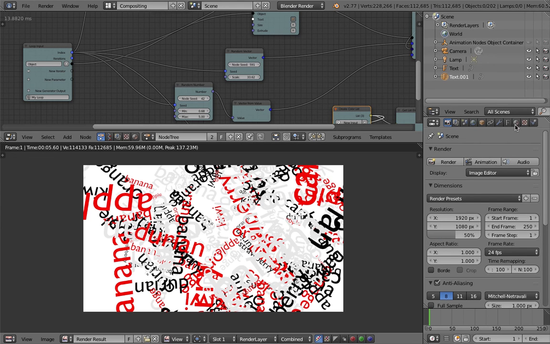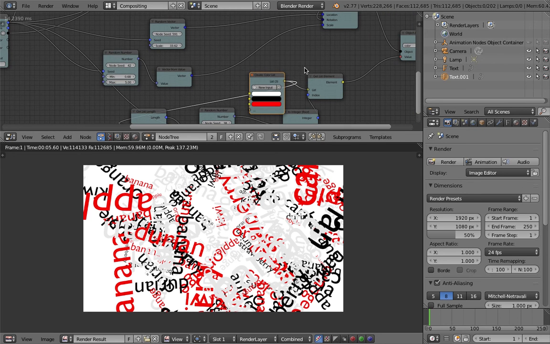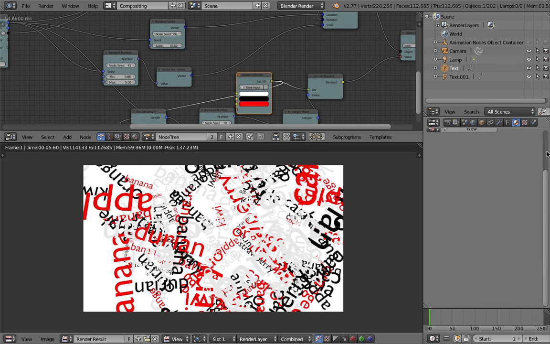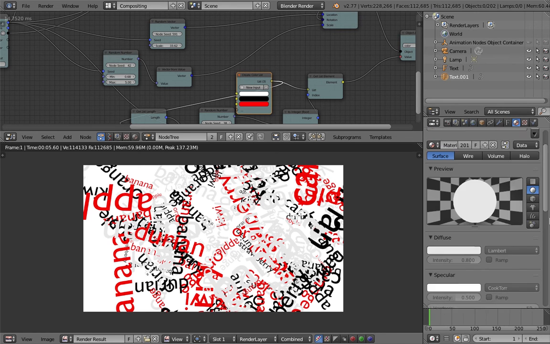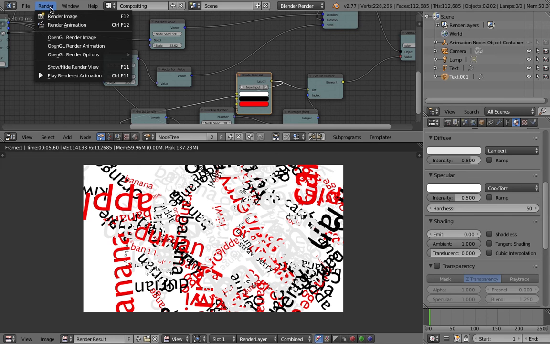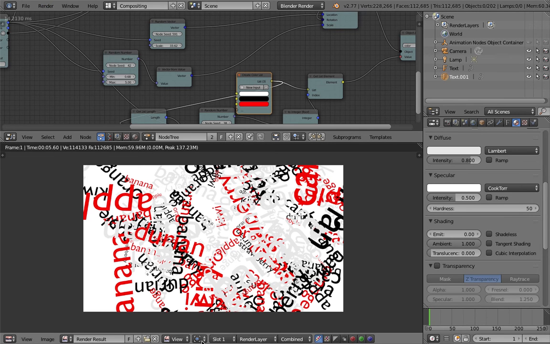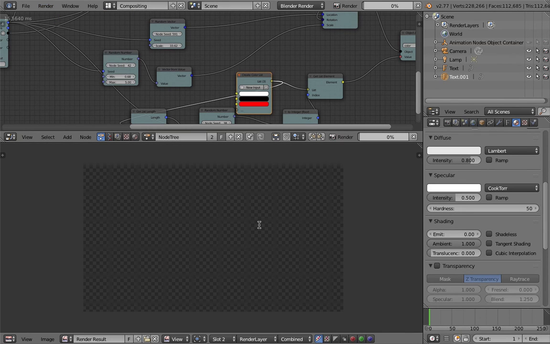But I'm more interested in this: if you're not a 3D artist and this is the first time you use Blender and animation nodes to create something like this, be aware of the material. Here's the material, it's important. If you don't make it shadeless, this might be what you want. You can do anything with the materials. And there's a whole lot of